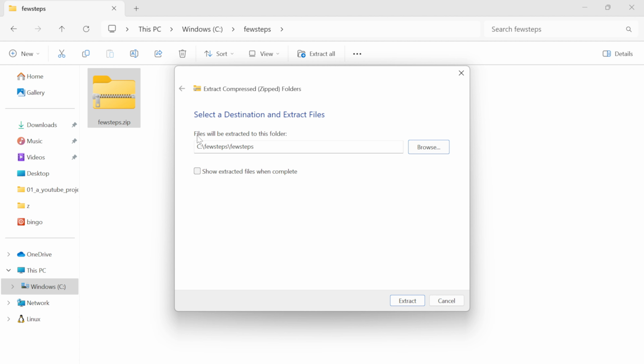it will be easier to access. And there is a checkbox, Show extracted files when complete. If you click here, it will be checked, and if you click again, it will be unchecked. So what does this line mean? Once your extraction is done, it will open the extracted files and folders in a new window. But I'm not interested in that, so I unchecked it,